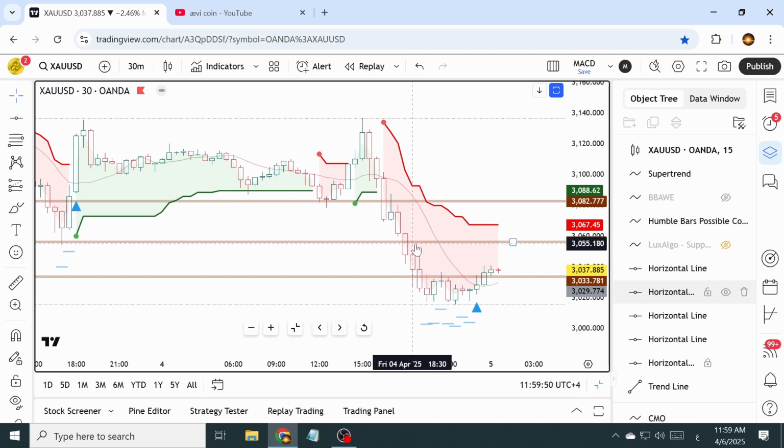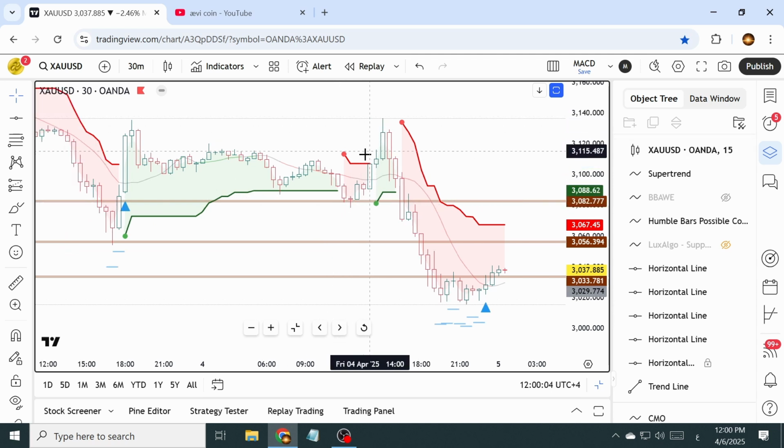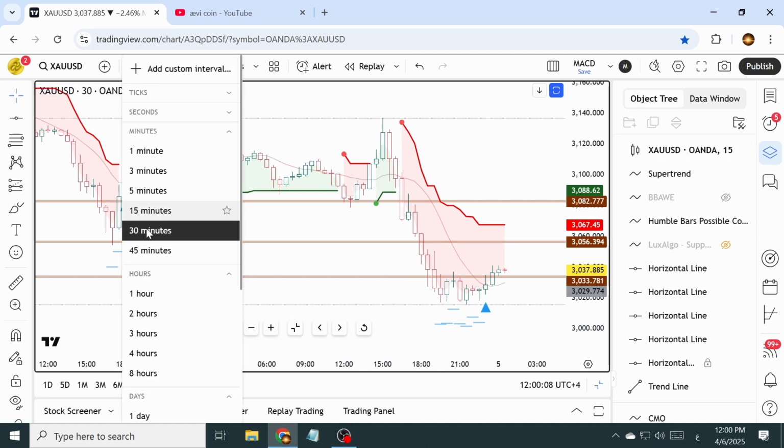In case this level is broken, the next support will be 3033. Now what happened? The support held and we saw a second attempt to change the 1 hour super trend,